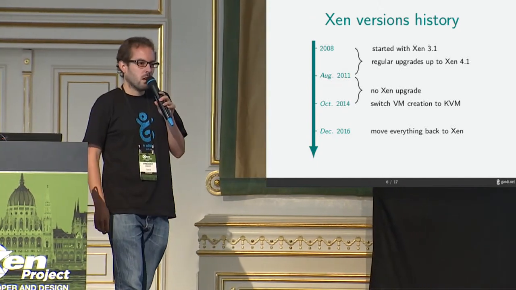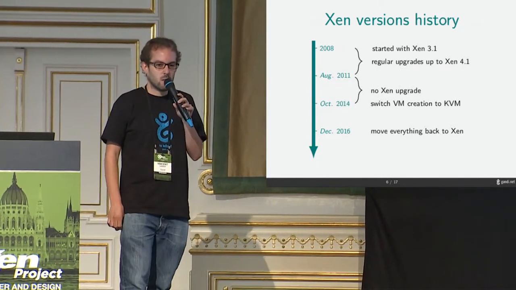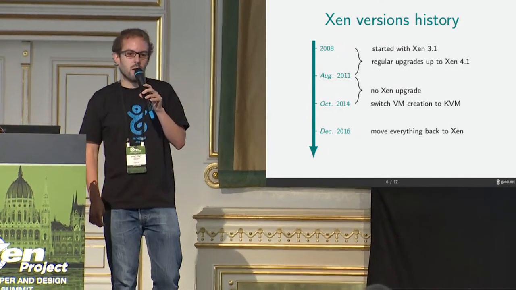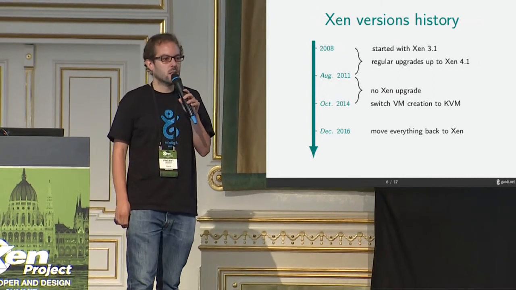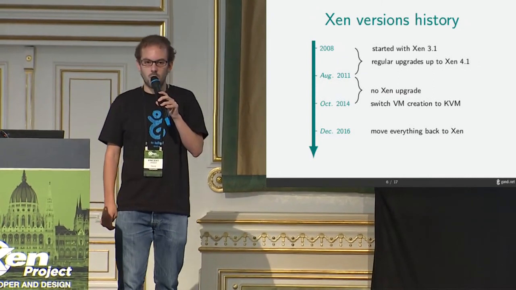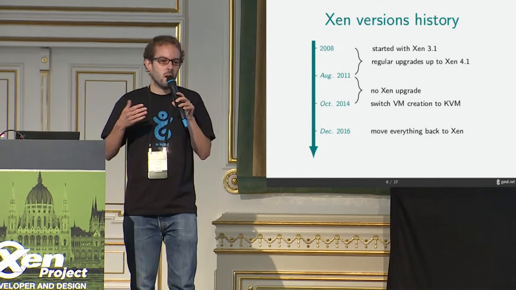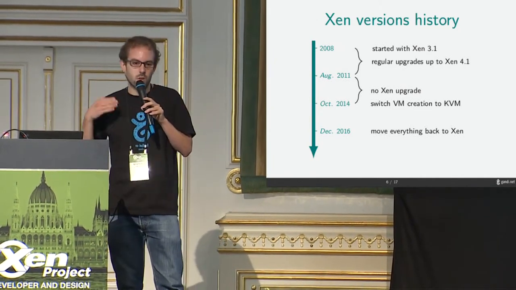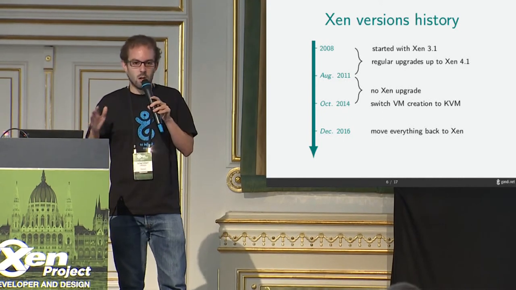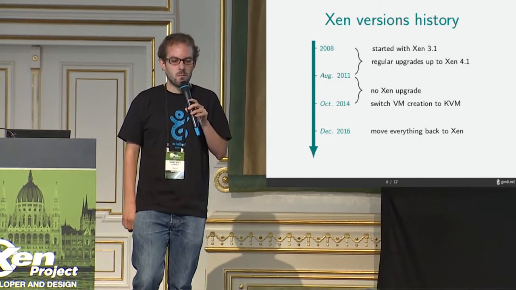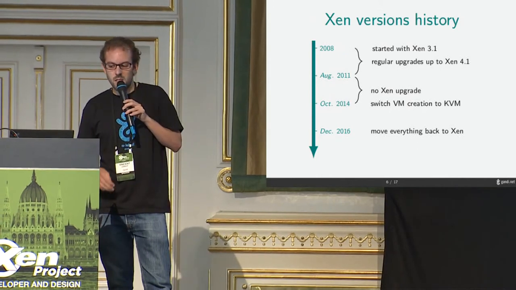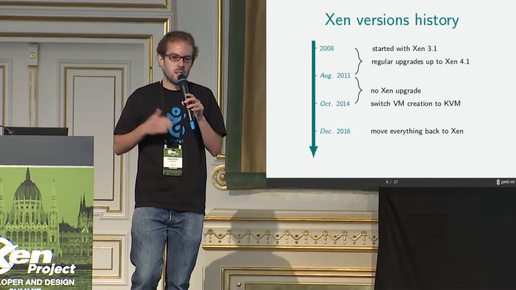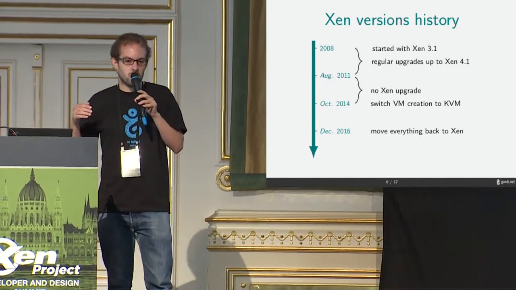Then about the different versions of Xen that we used. The first public VMs were created in 2008. We started with Xen version 3.1. And then we upgraded from 3.1 to 4.1 on a regular basis up to around mid-2011. And then there was no upgrade, and eventually in 2012, 2013, we decided to move to a different virtualization solution,